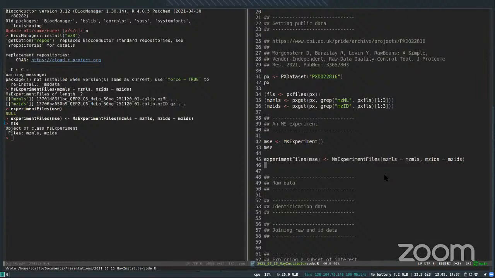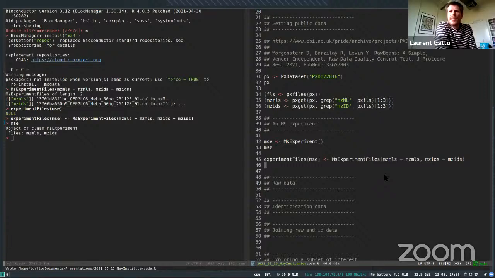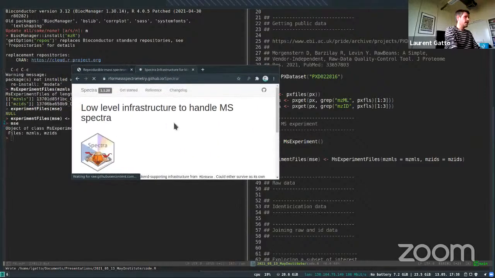Laurent, there's a couple of questions that may be good to answer now. How would the beginner know what utilities are available? Yes. So let me see. For mass spectrometry,